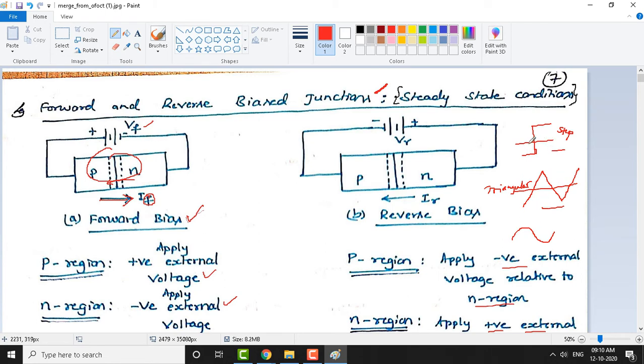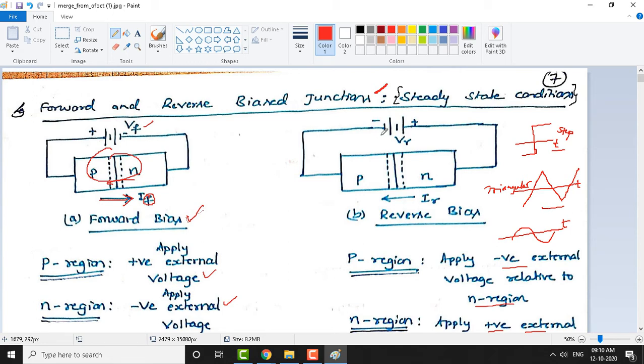You can observe in all these cases the x-axis is the time axis. But look here, we are not going to analyze the behavior of the diode with these sorts of pulses. As you can see here, what kind of voltage is it?